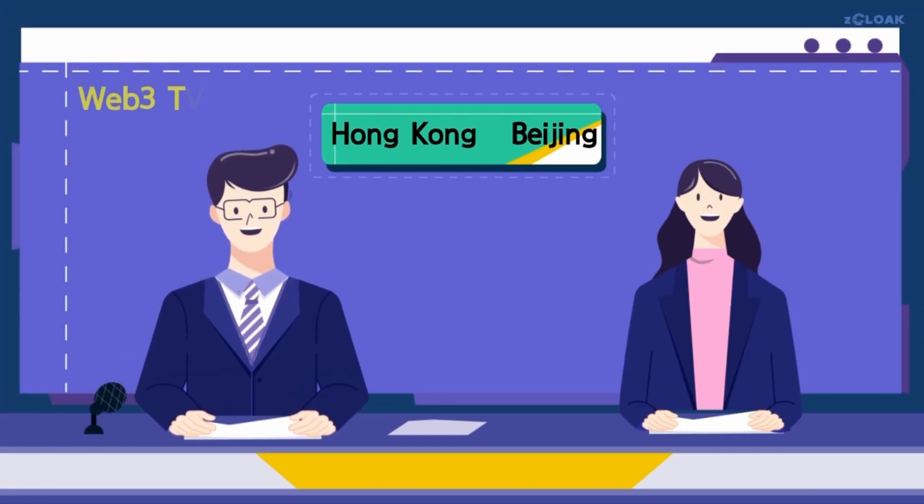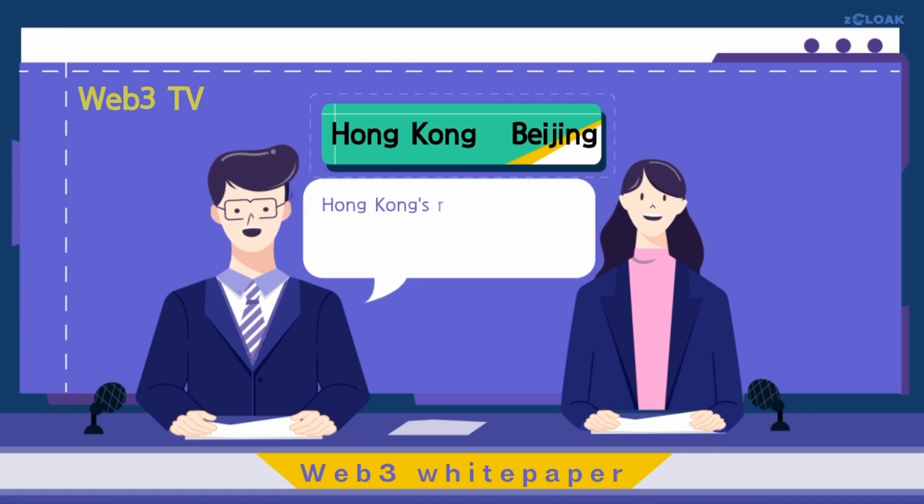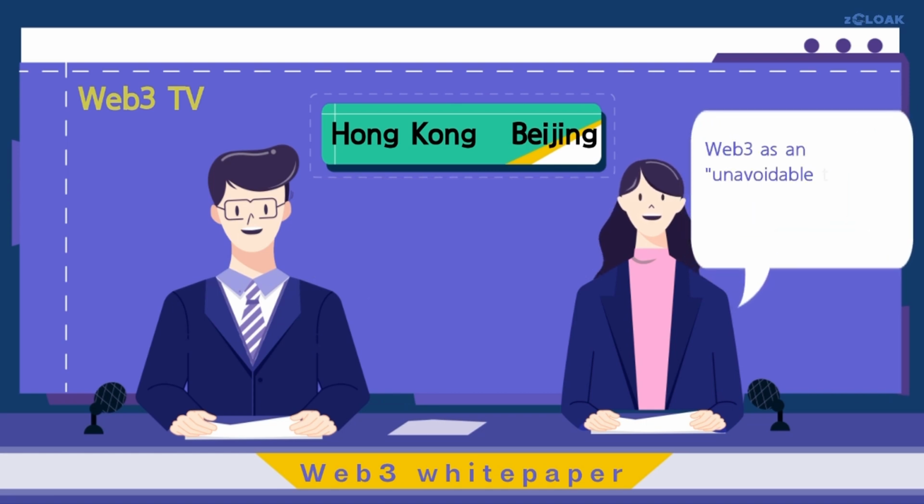Recent regulations from Hong Kong and Beijing's Web3 white paper indicated a significant shift in the regional regulatory landscape. Hong Kong's regulation, with more stringent standards for Web3 platforms, may necessitate stronger KYC procedures. Beijing's white paper, acknowledging Web3 as an unavoidable trajectory for future internet development, suggests policy support and technological acceleration to